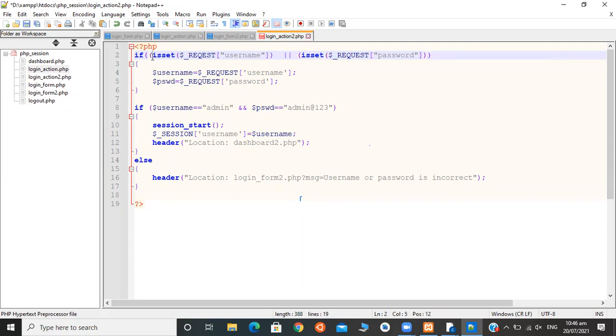We can check it in the next section. Save it. Here we can check it, if $username equals admin and $password. This is not essential, let's leave it.